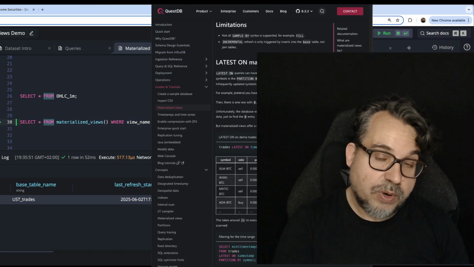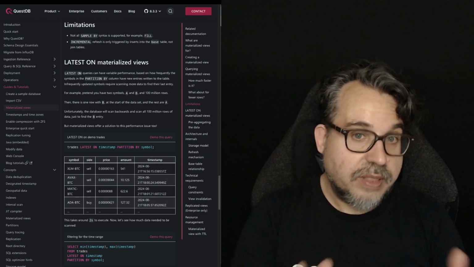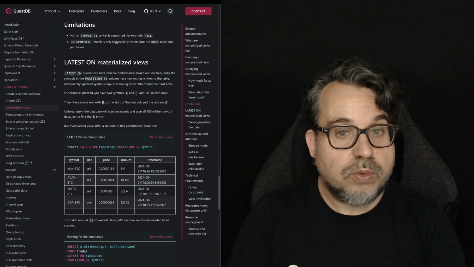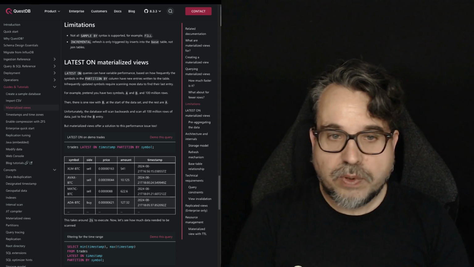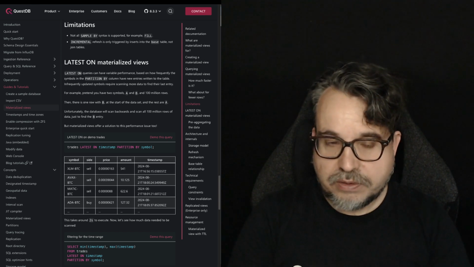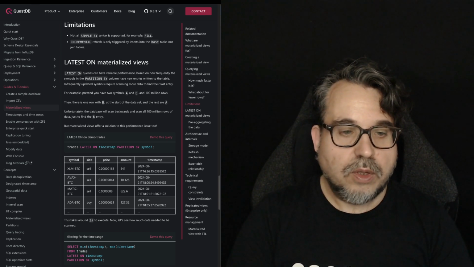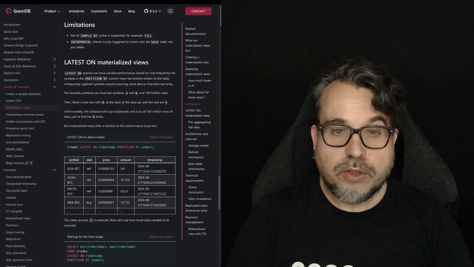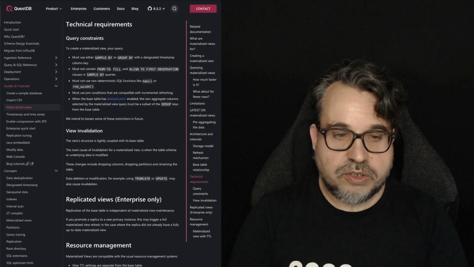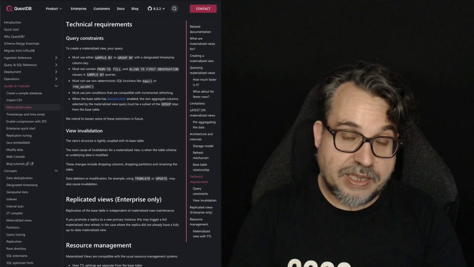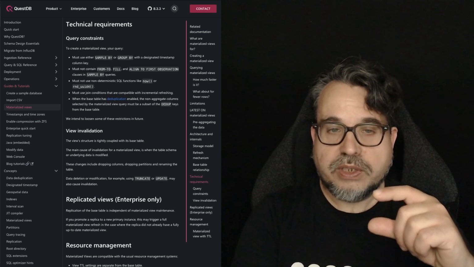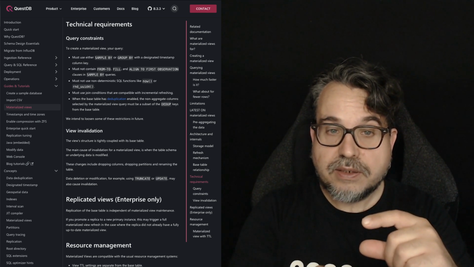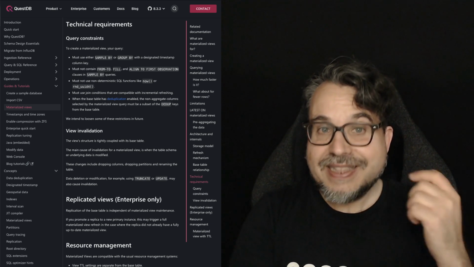The downside of this approach is that there are some things that you shouldn't do on a materialized view. You can check the documentation, but for example, if we use a window function on a materialized view, or if you are doing an as-of join, you need to be very careful, because since we are going to be checking automatically only the rows around the transactions you are ingesting, you might be missing data.